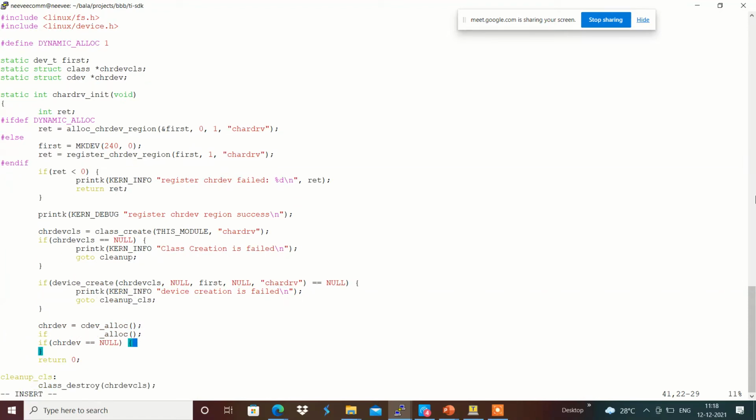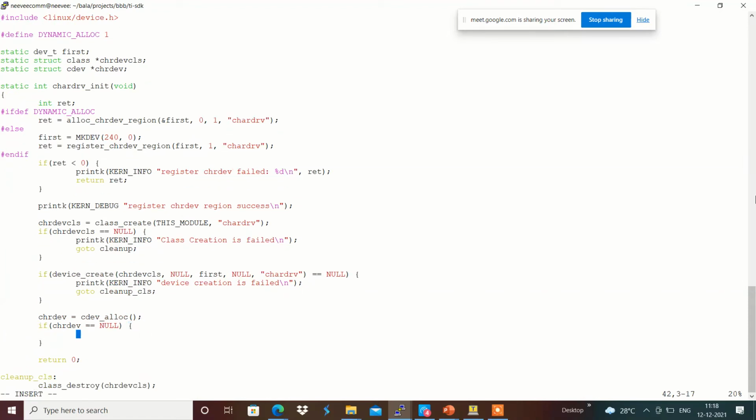And here I am going to use the same way, something like printk KERN_INFO cdev allocation failed over here.